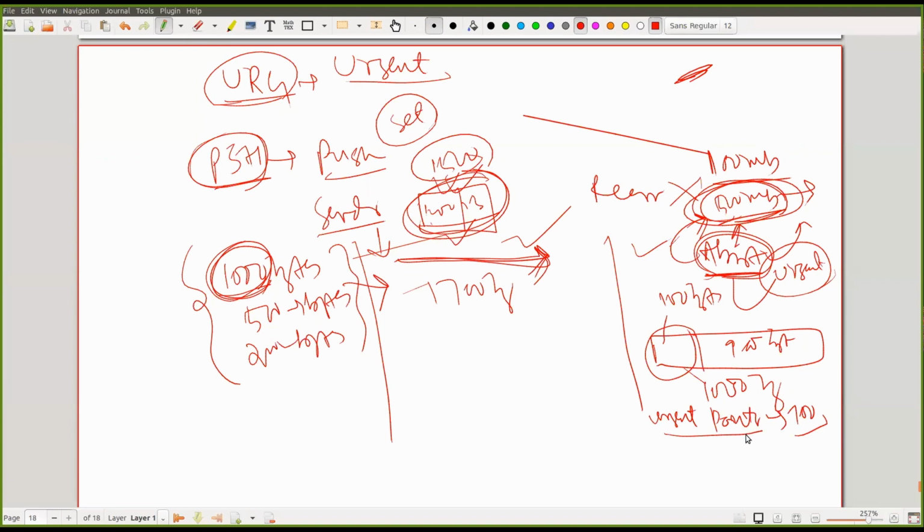And what is the significance of the urgent pointer? The urgent pointer tells how many bytes of data are urgent out of the whole segment that is transmitted. If the first 100 bytes of data are urgent, the urgent pointer will be set to 100, telling that the first 100 bytes are urgent, so that they are processed at the receiver on top of any other data, thereby achieving the